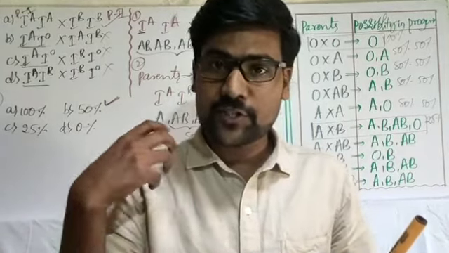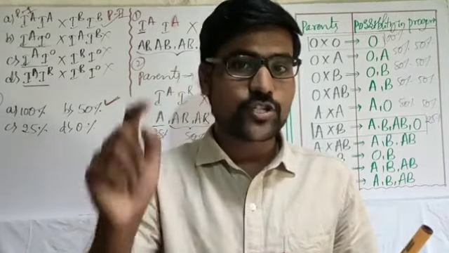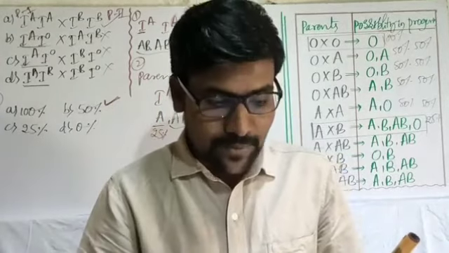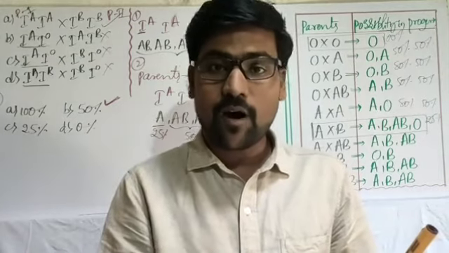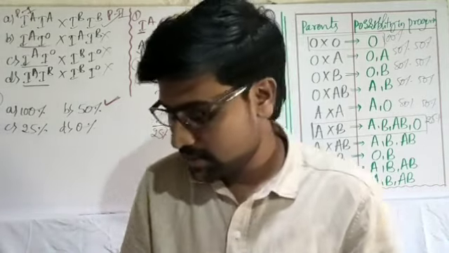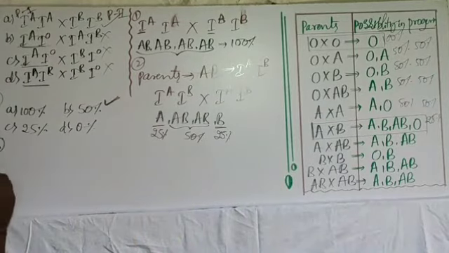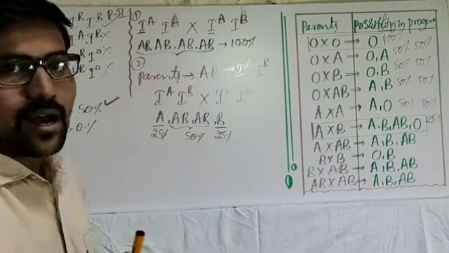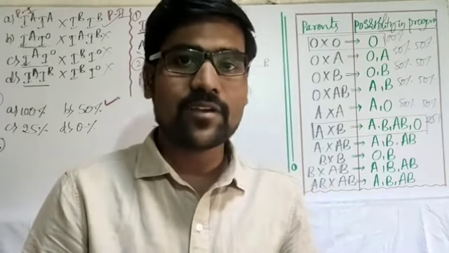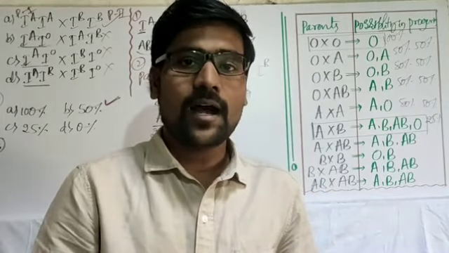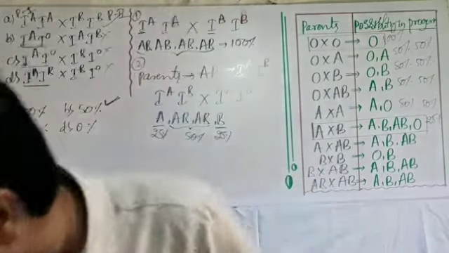How many types of genotypes are possible for the Rh gene? Let me revise one more time. How many types of genotypes are possible for the Rh gene? Third one here. As I already mentioned in the previous video, the Rh gene is present on the first chromosome and it is available in 8 allelic forms.